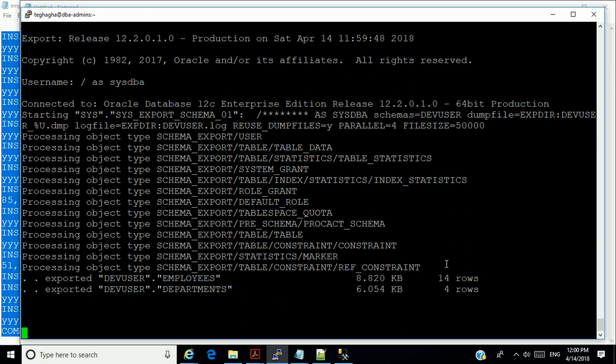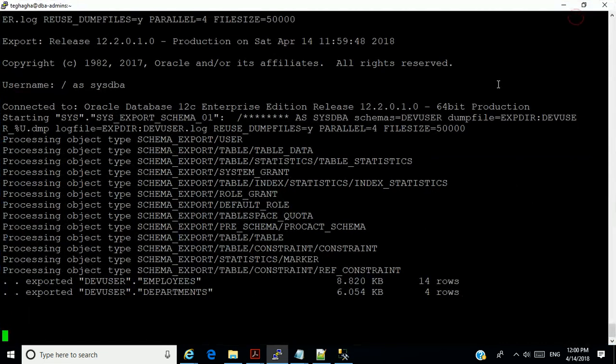You use this when you have extremely big objects to export. And you notice it has to take some time to calculate the size and all that kind of stuff.